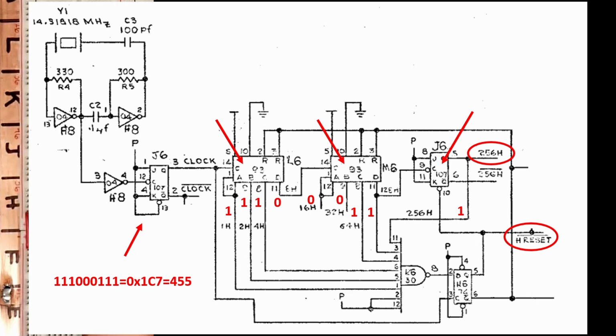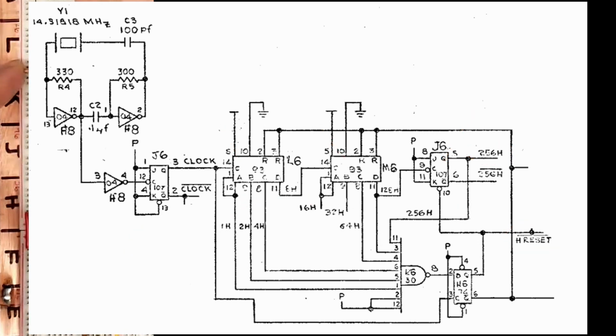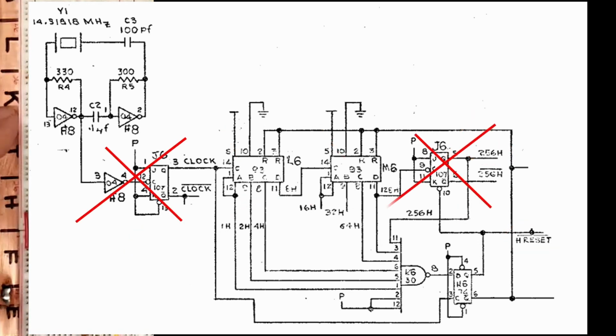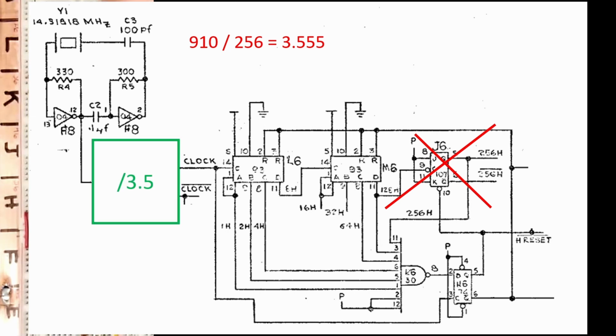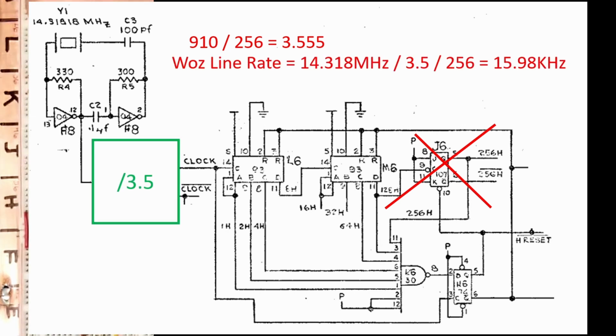To keep the chip count as low as possible, Wozniak was thinking, I only want to use 2 horizontal counter chips, so to spread those 910 oscillator cycles over 8 bits gives us about 3.55 cycles per clock step. Simple. I'll just divide the clock by 3.5 to get a good enough horizontal step clock. The line rate will be a little high, but close enough.